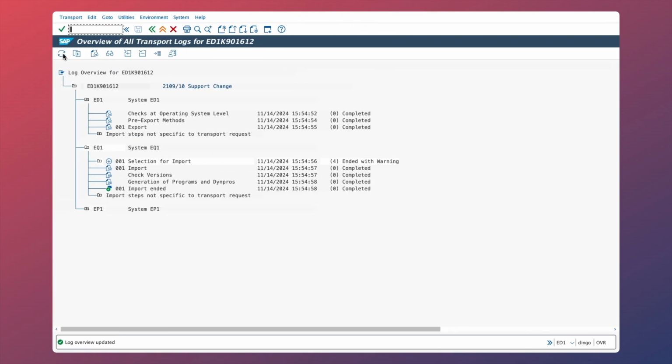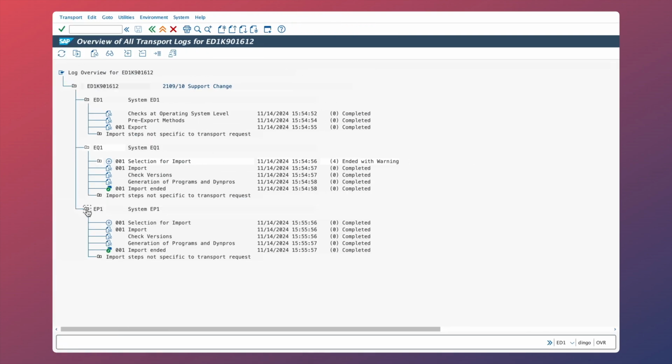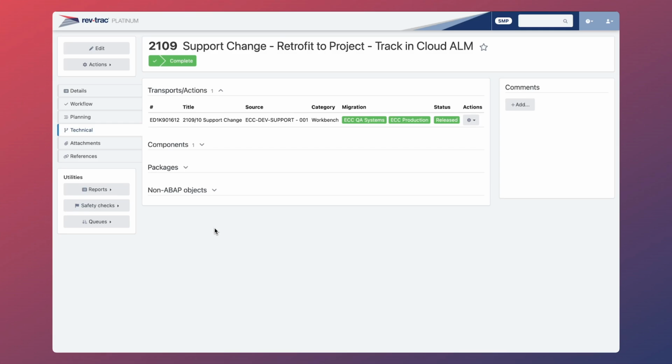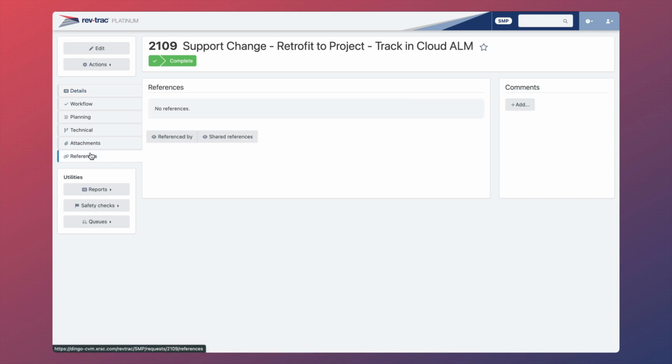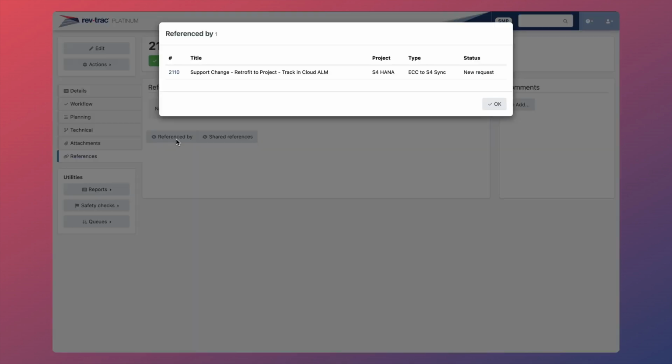Let's head to our transport logs and see that the deployment has been successful. And back in Rev-Trac, upon completion, the status updates to complete. This status change happens automatically as Rev-Trac verifies the return codes and automatically signifies a successful outcome and a complete change for the business. Heading to the References tab, we can see that this change has been cloned as Rev-Trac